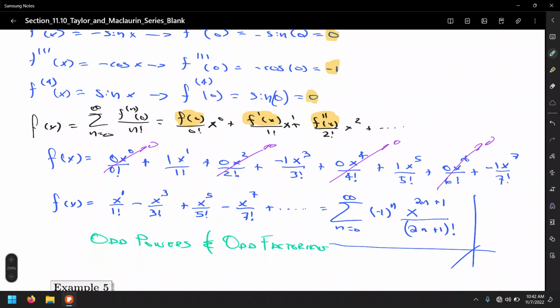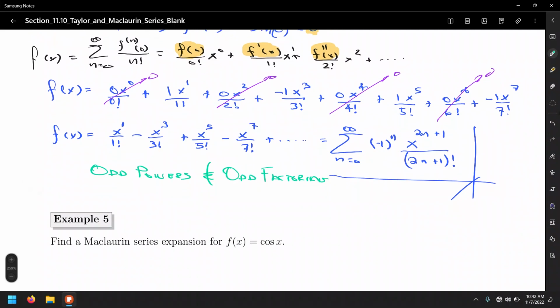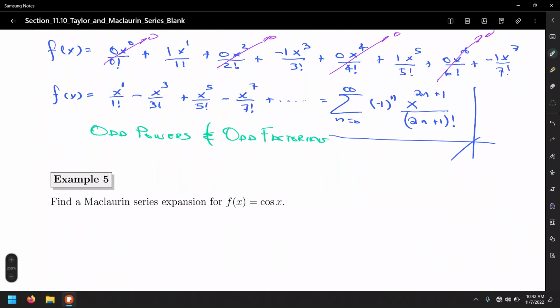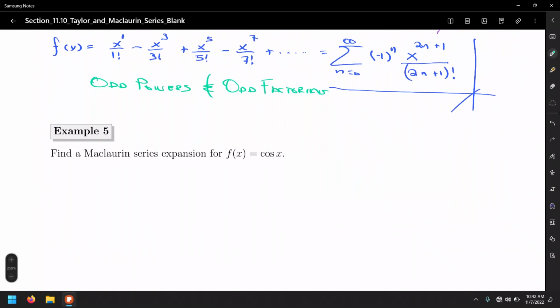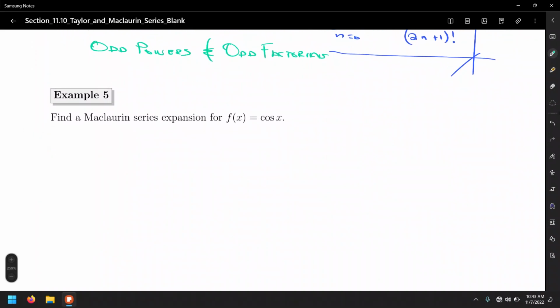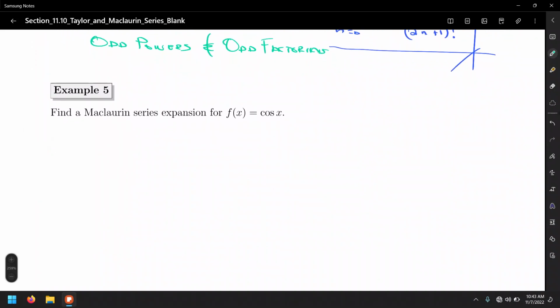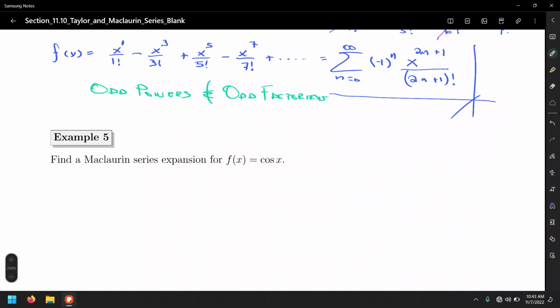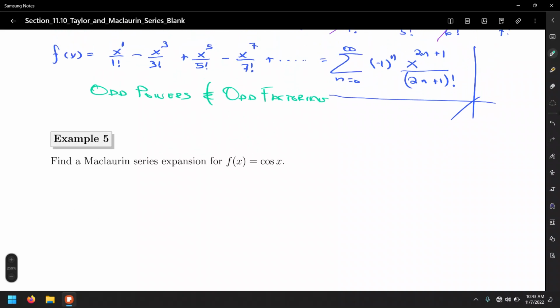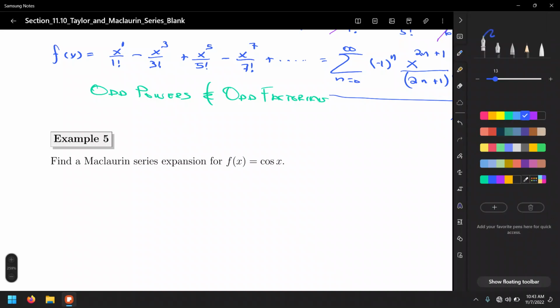Alright, so let's see, what do we have next? The next one is going to be pretty quick, actually. Find a Maclaurin series expansion for cosine x. Well, so in this case, we are not going to find 5 derivatives or 4 derivatives and write down the series. So in fact, we're going to use the result from the previous example to come up with a series representation for Maclaurin series. Well, so we know that the cosine function,